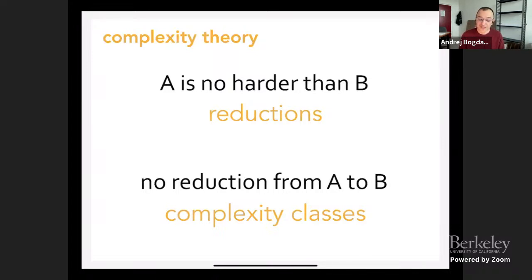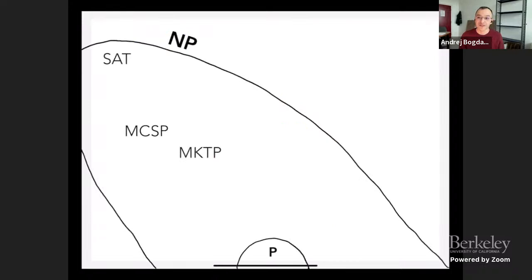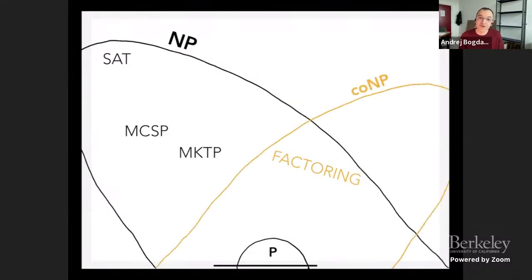So, I mean, in the worst case world, there are such examples, right? So we also, maybe not in 7th grade, but in 9th grade, in 10th grade, we say, well, we have this factoring problem that people really are interested in, and it's not NP-hard. And why is it not NP-hard? It's because there is this other class co-NP, right? So it sits in the intersection, so we don't expect it to be NP-hard.